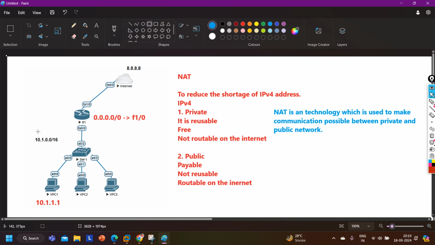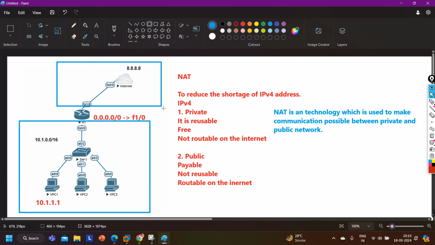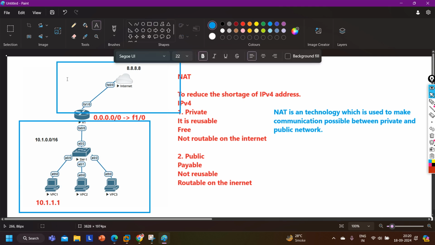And which is the private network? Private means your inside network, your organization network, and this is the public network, right? So guys, the IP addresses which I will use over here will be public, right? And the IP addresses which you will use over here are private, right?